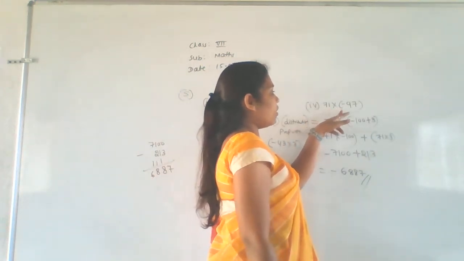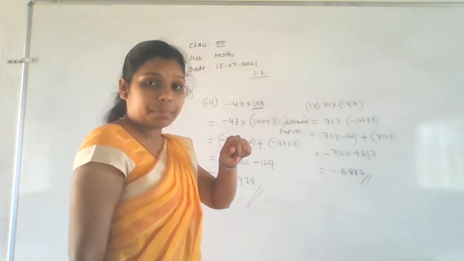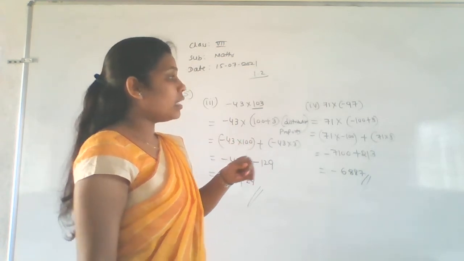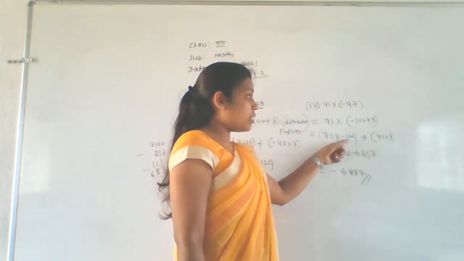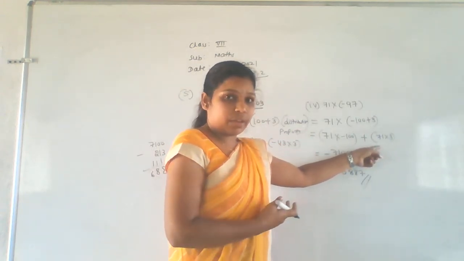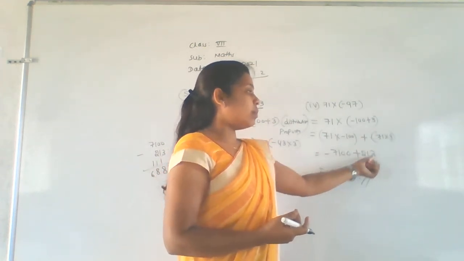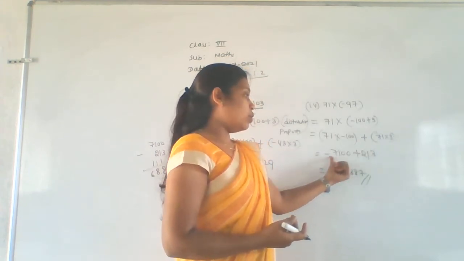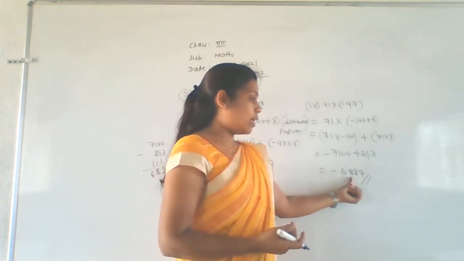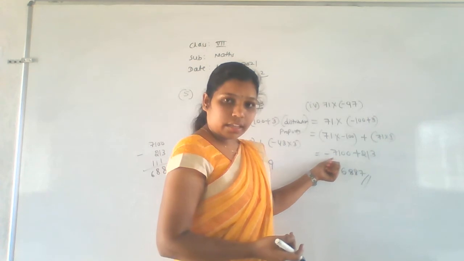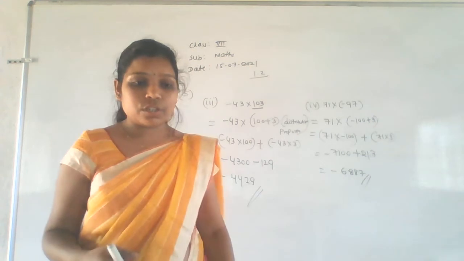Next one here. 71 into minus 97 is there. Minus 97 means we can write as a minus 100 plus 3. Right? Again use the distributive property here. Distributive property means 71 into minus 100 plus 71 into 3. Distributive property we used. Right? Next 71 into minus 100 is a minus 7100 plus this will be the 213. Right? Next. So one plus and one minus is there. For that reason we need to subtract the values. That will be the 6887 and the bigger number sign is a minus. For that reason write a minus sign here. Okay, only this much you have to do here.